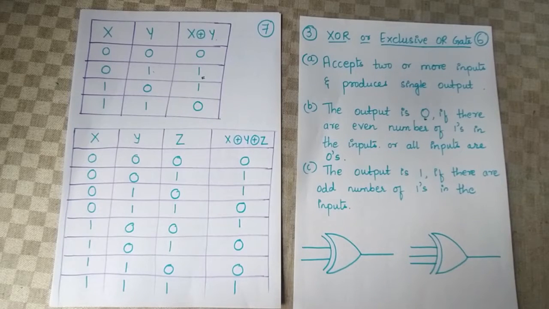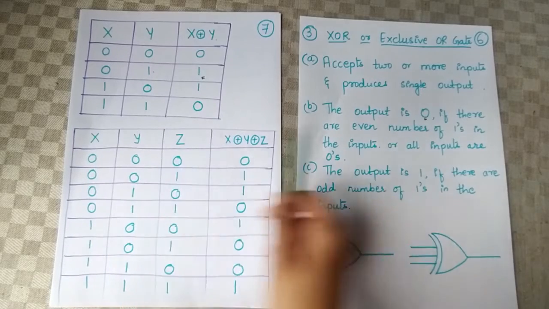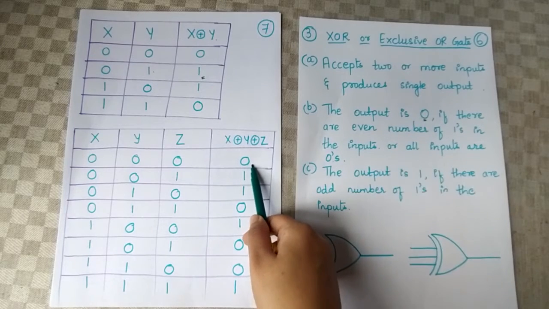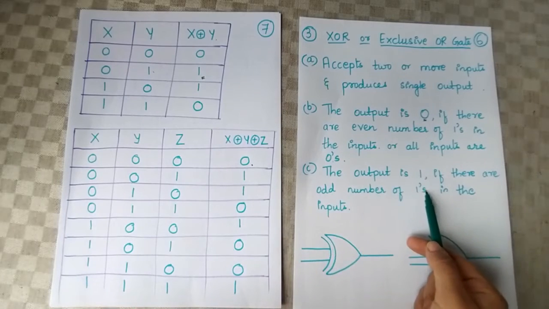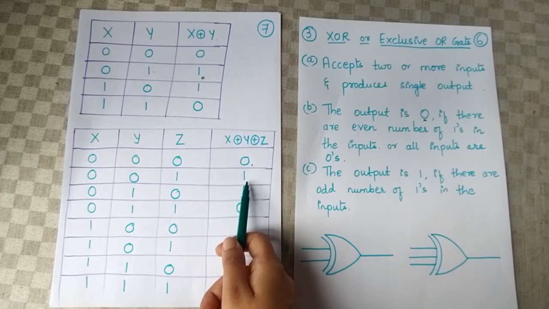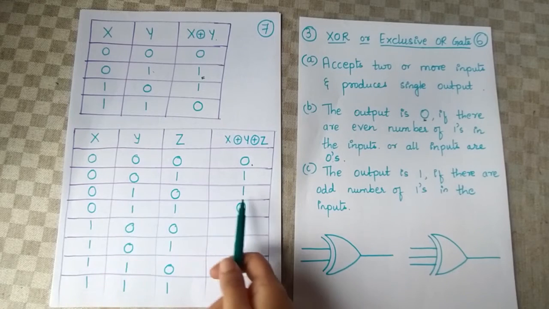Now let's see the working for 3 variables for XOR gate. 3 variables, we should get 8 combination of values. So let us start with the first input 0, 0, 0. So if all the inputs are zeros, then the output is 0. So it is 0 here. 0, 0, 1. If odd number of ones are there, output is 1. So here 1 is appearing once, so it is odd. So result is 1. 0, 1, 0. So again 1 is appearing only once. Result is 1.